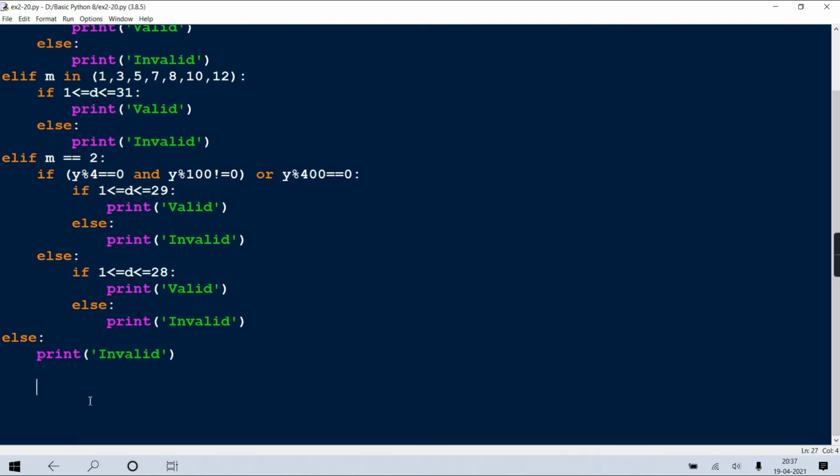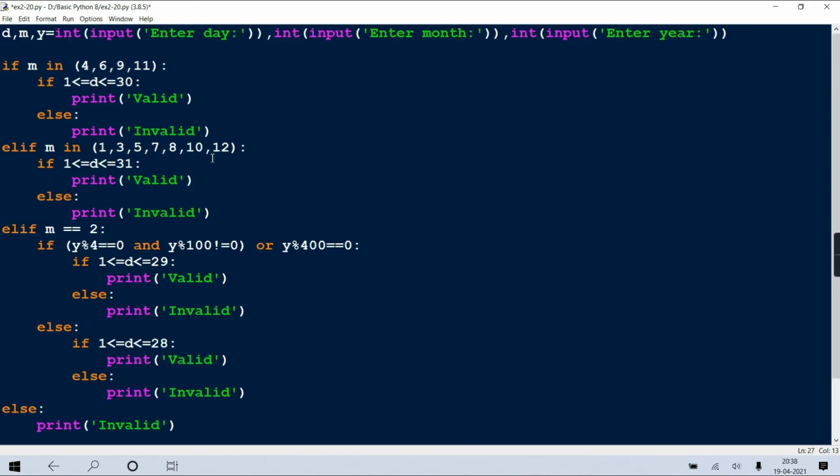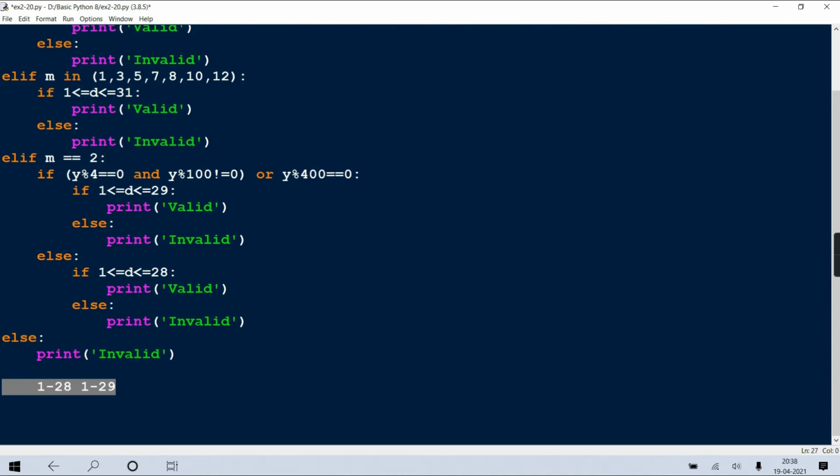See, let the year be a leap year or not a leap year, the other months' days are not changing, no? The number of days, that is 1 to 28 or 1 to 29, is only for the February case, when it is a leap year or not. But all other months are going to have the same days only, no? Like these months will have 31 only and these months will have 30, irrespective of whether the year is a leap year or not. Getting, no? Yes, sir.